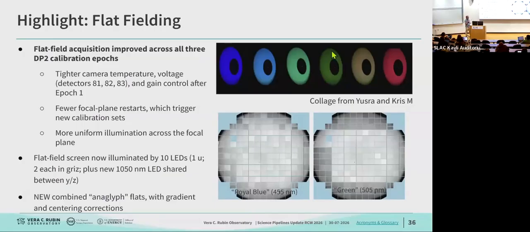So this is looking at the G band through two different LEDs, and you can see all of the detectors have different colors. If you've seen a picture of the focal plane, there are different shades of blue that you're looking at in the G band. Now, the reason that SkyCorr was having so much trouble is that, yes, we can combine these and we can get the chromatic response on average,